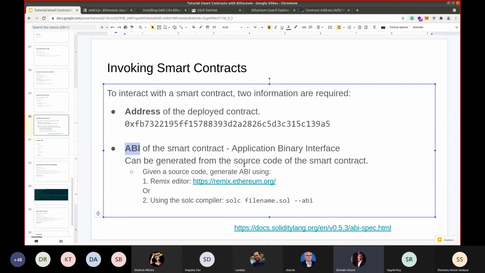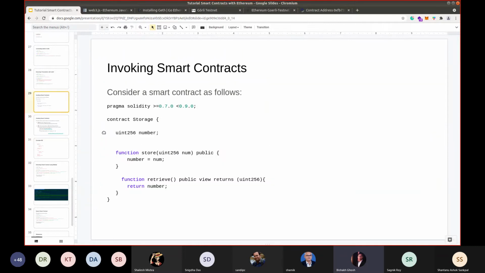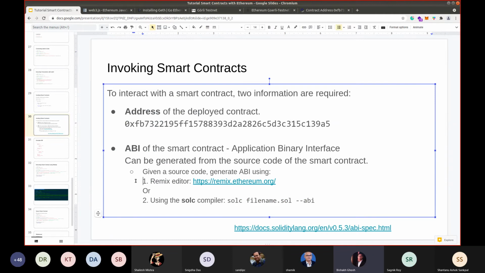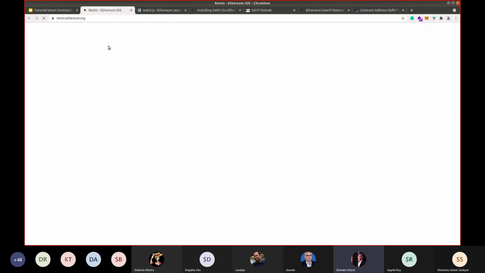This can be generated in two ways. One is using the Solidity compiler, solc, which is the default or popular compiler of Solidity. You can use it with this command, solc followed by the file name of your code. The code is this one. You can save this code in a file and execute this command to get the ABI. Or the other way is a popular editor called Remix, which works in your browser. Okay. So if you open this Remix editor,